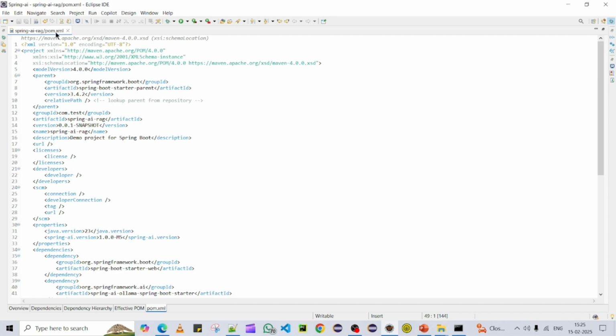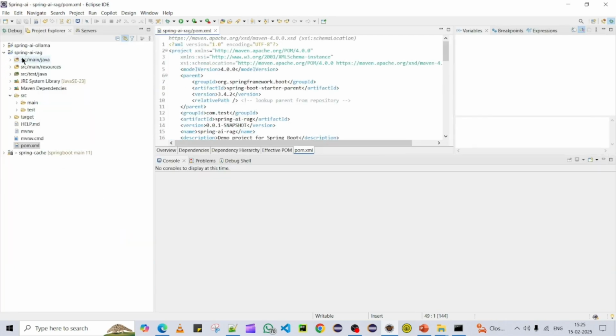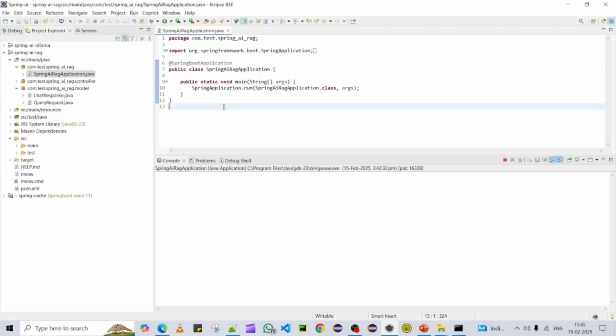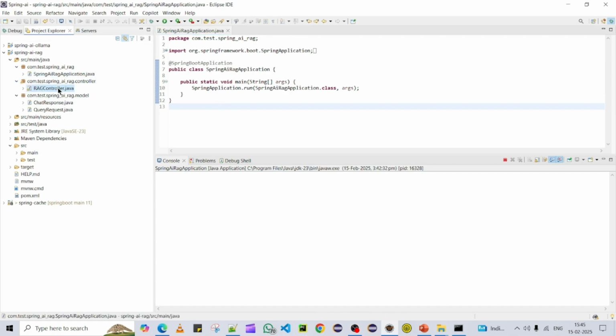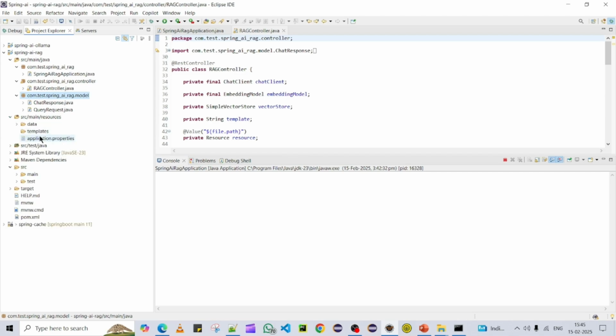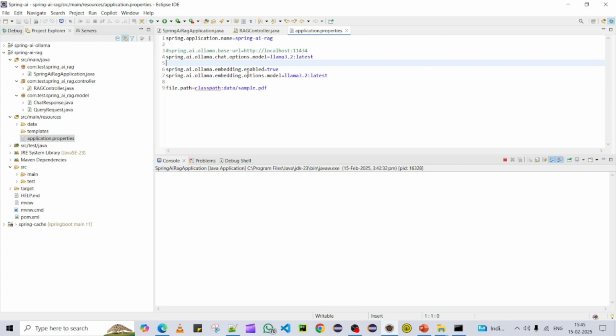Now we are going to write some additional controllers and resources over here. I have written the code in the background. You can see over here one controller, the RAG controller, and I have also written some models called chat request and response. So the controller and the chat request and response models are written. Let me show you the properties file that I have updated. We can see the properties I have updated: the Spring application name, and another one is